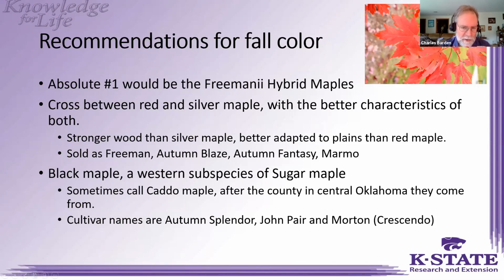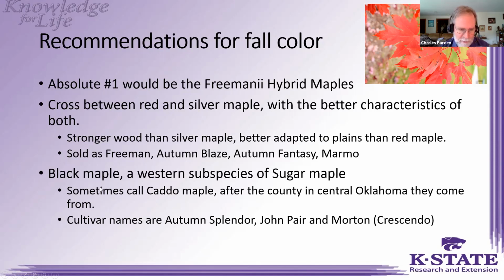Also, one that is more universally acceptable or promoted by folks who know is a member of the black maple group. It's actually a black maple is really a western subspecies of sugar maple. Sugar maple, the true sugar maple species, just barely gets into the eastern edge of Kansas, south of Kansas City, and near towns called Sugarton and Sugar Creek. They have some true sugar maple. But anything west of that is actually a black maple.